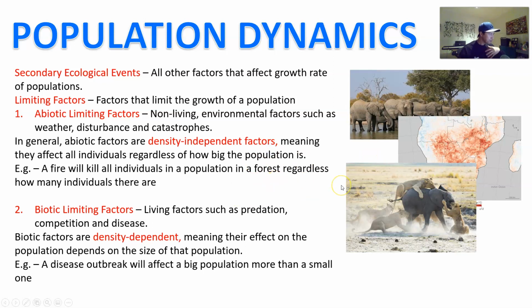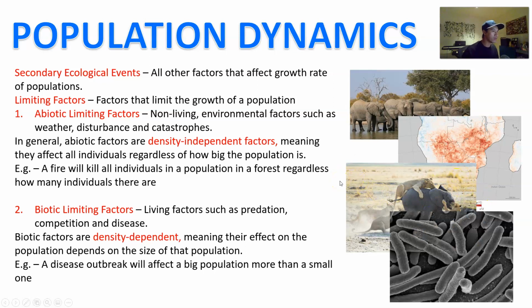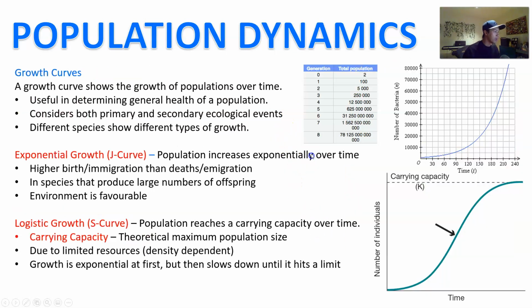On the other hand, if you're looking at the biotic factors that are limiting, such as predation, maybe you're going to look at the habitat range of lions and track their population and see whether or not the elephants living in a particular region are going to be more adversely affected by being next to or within a region with a higher density of lions. On the other hand, let's say an individual elephant dies and you track the disease that's occurring, you can figure out, roughly speaking, how strong the effect of the disease will be on the elephants as a result of the size of the population of those elephants. Yeah.